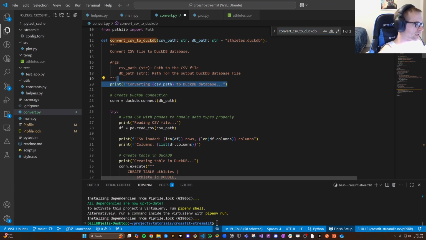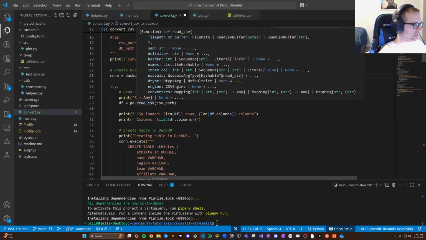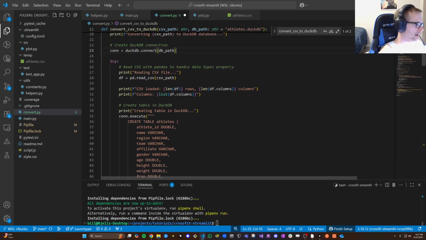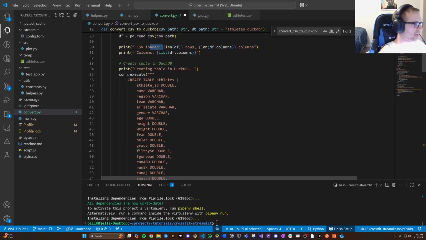First we're using duckdb.connect and connecting to the actual database path that we specify, which is athletes.duckdb. And then we're reading in the CSV. AI gave me a lot of print debugging for some reason. I guess it's good. And then it basically made a big long SQL statement that creates a new table in here